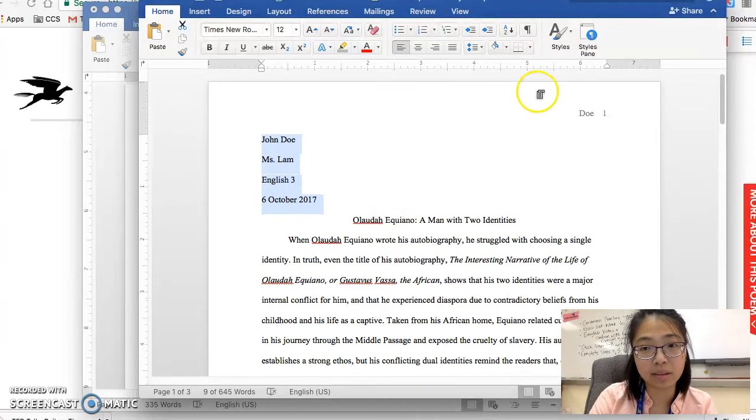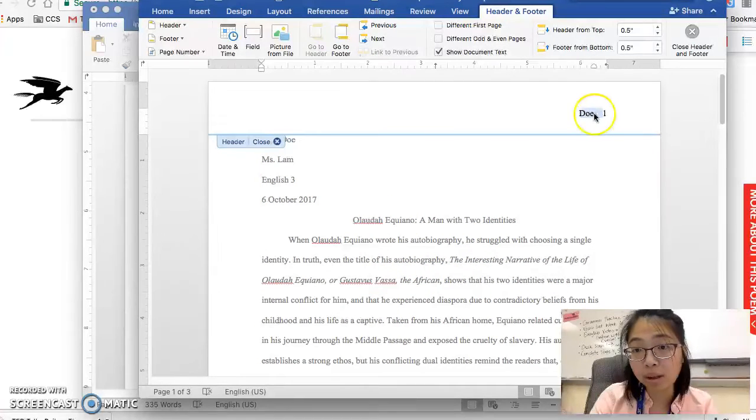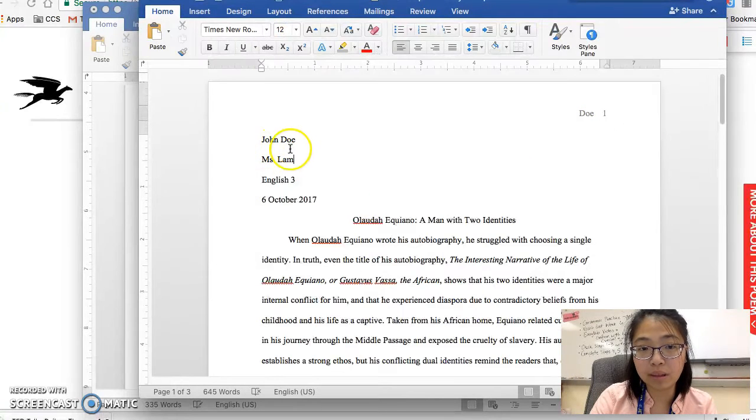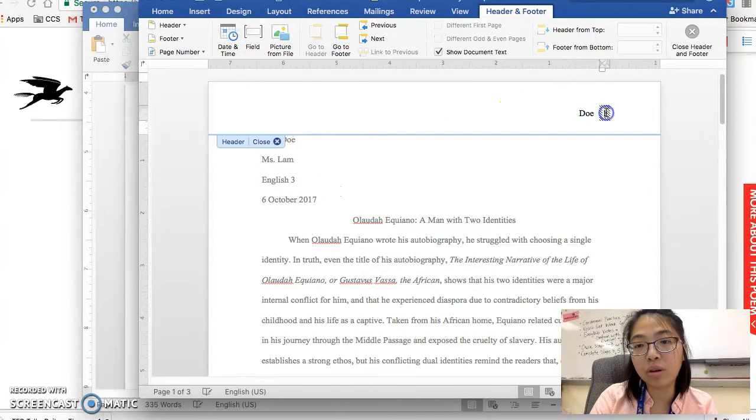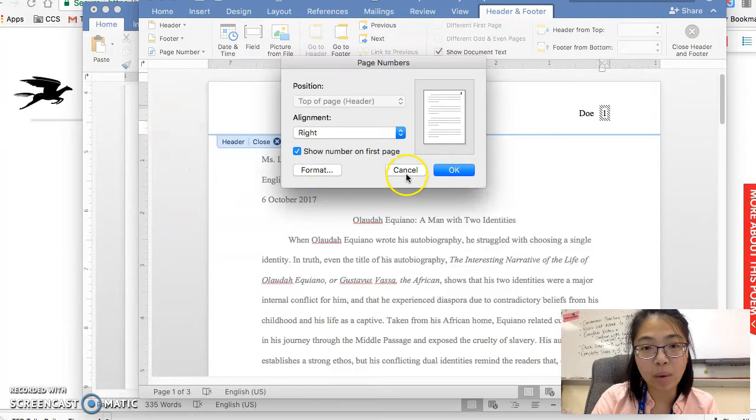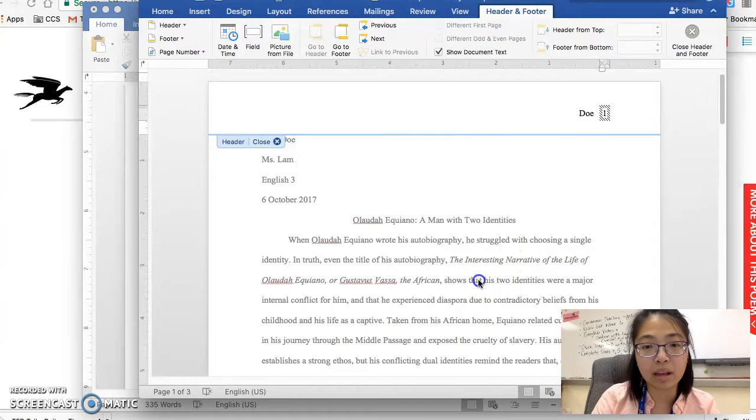It needs to look like this. So I've talked about this the first day when we highlighted the example essay together. So this is the header with your last name and the page number. And then I've got first and last name, the teacher's name, what class you're in, and the due date of the assignment. And note that for the page number, you don't put in the 1 by yourself. There's a weird box here, and that is because you have to insert it yourself. You have to go up top, click insert, find page numbers, and then add it that way. All right, you're going to click OK instead of cancel.